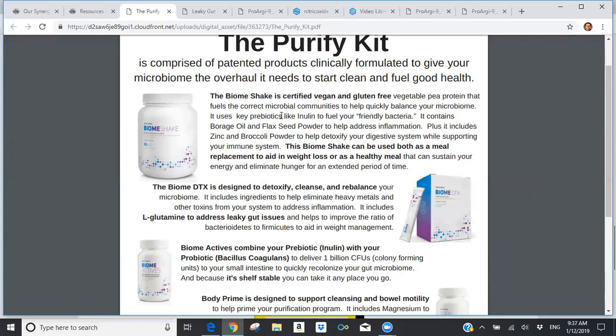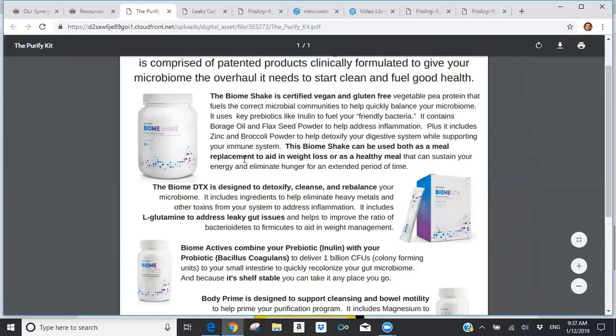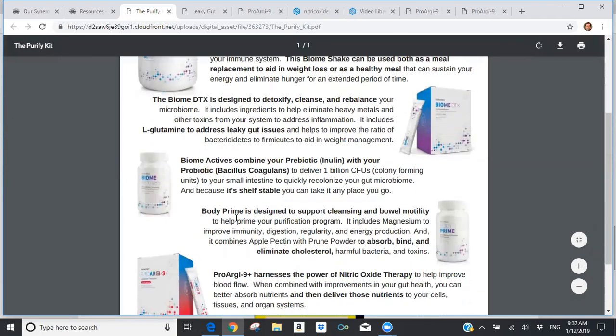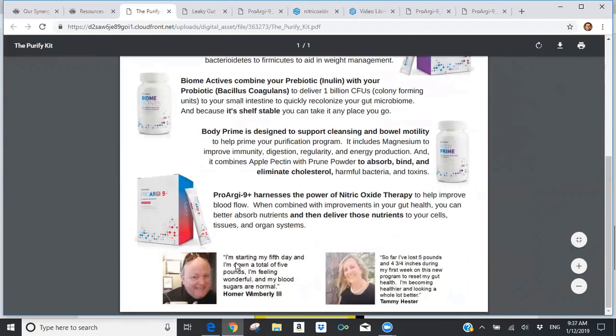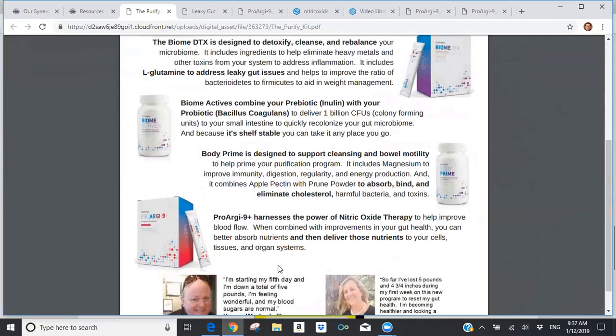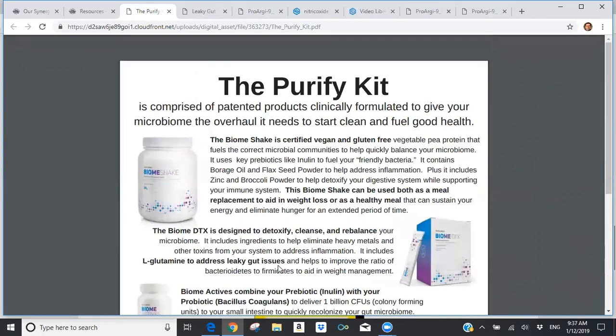Again, you can read through this sheet and begin to understand it so that you know what to emphasize to that individual based upon what they're experiencing. So you have the Biome Shake, the Biome DTX, the Biome Actives, the Body Prime, the Pro Arginine Plus, and we give 2 examples of people who have seen significant improvements in their health when they use the Purify Kit. Again, it's a resource tool that you can send to a person to say,